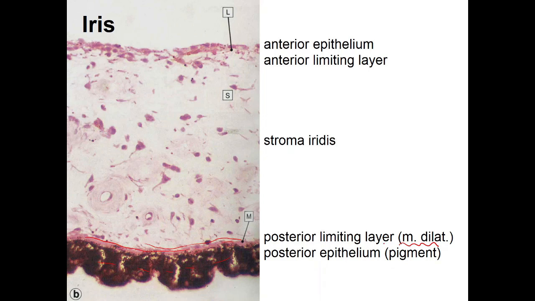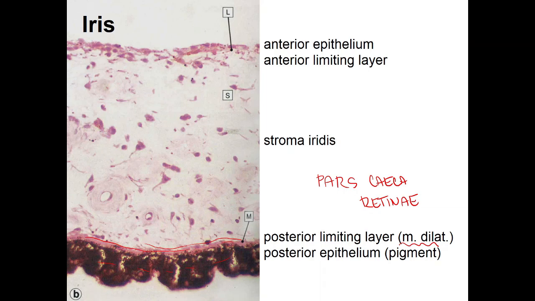Yes, so there is pigment inside of these cells, and these two layers will create something called pars caeca retinae. So they are also part of the retina,